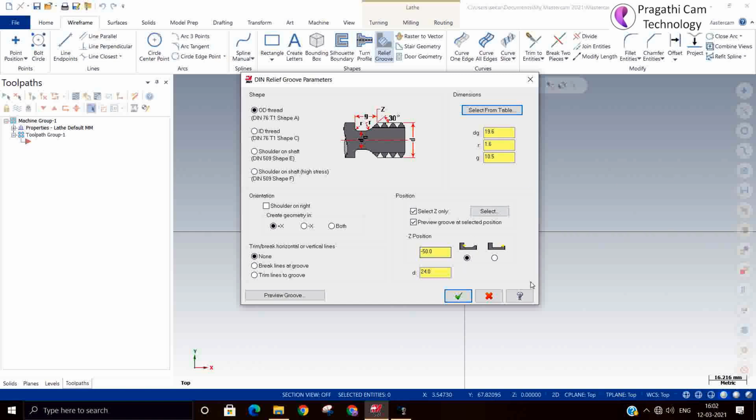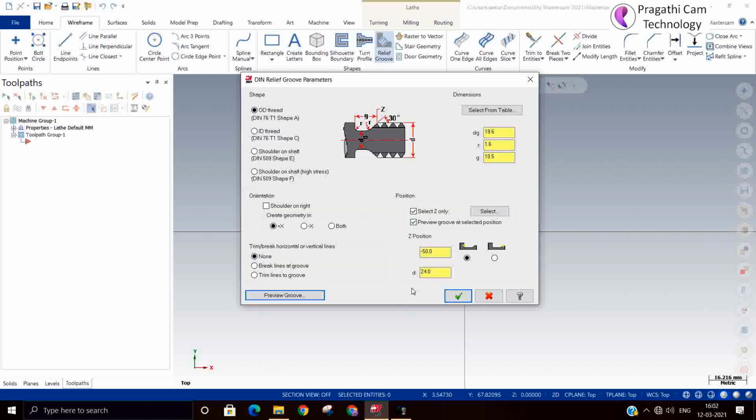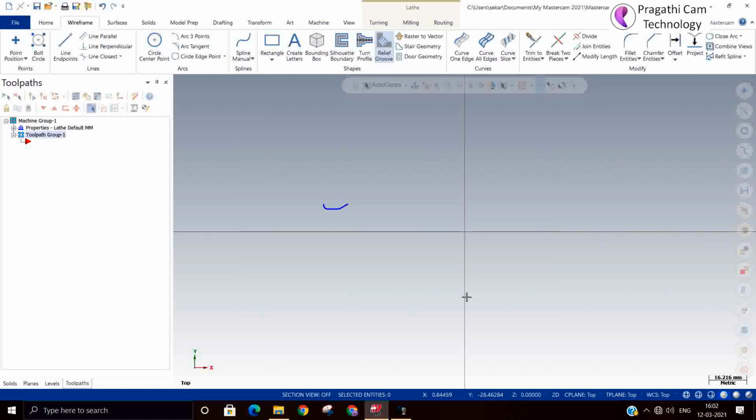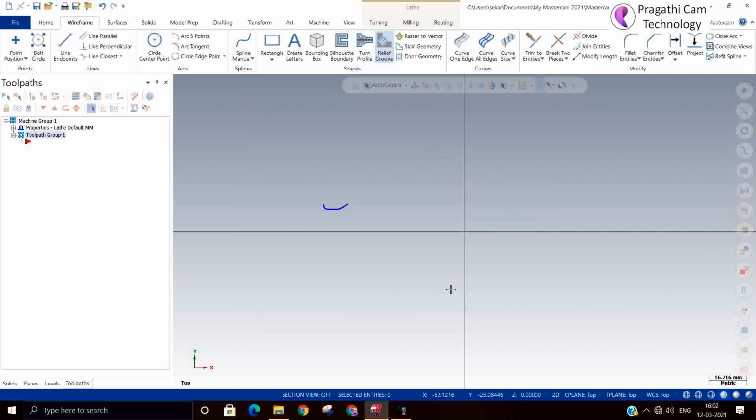Suppose I just made -50 for the reference, -50. How does that groove look? You can see the preview. If you want to change it, you can also change the reference position. So now I just did undo and I will repeat again. Only the start position will change, nothing else.